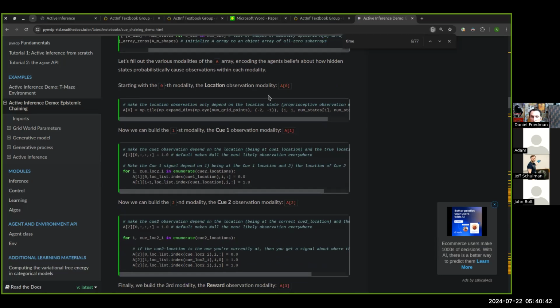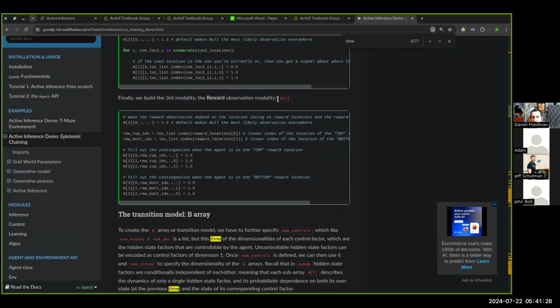Here, there's 3 modalities on A. So A is a tensor. Each slice goes from observations to hidden states within one frame. So you can think of it like 3 index cards, or 3 sheets in an Excel file, or a tensor that has 3 stacks. A0 is location. A1 is Q1. A2 is Q2. This is 0 indexing. So it's like the first element is the 0, just like birthday. And so the numbers are being filled in.